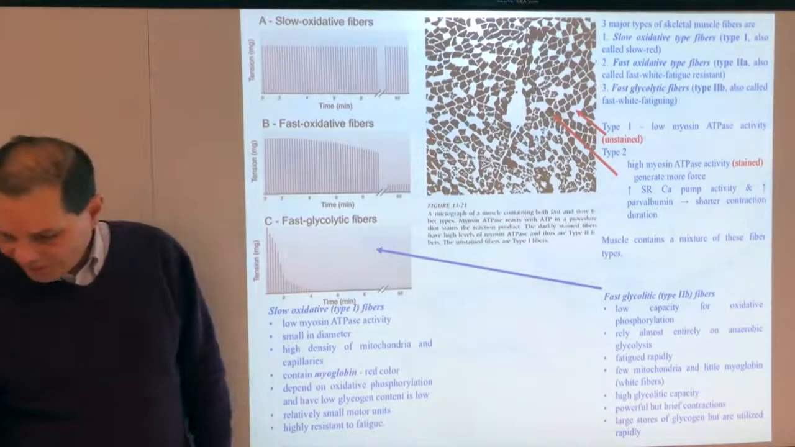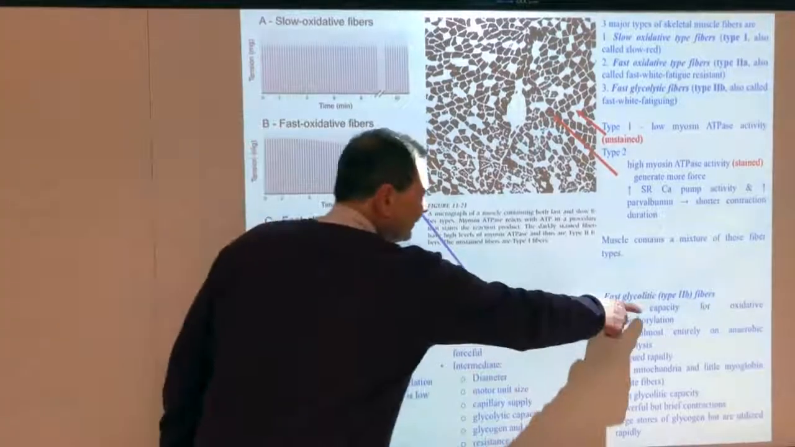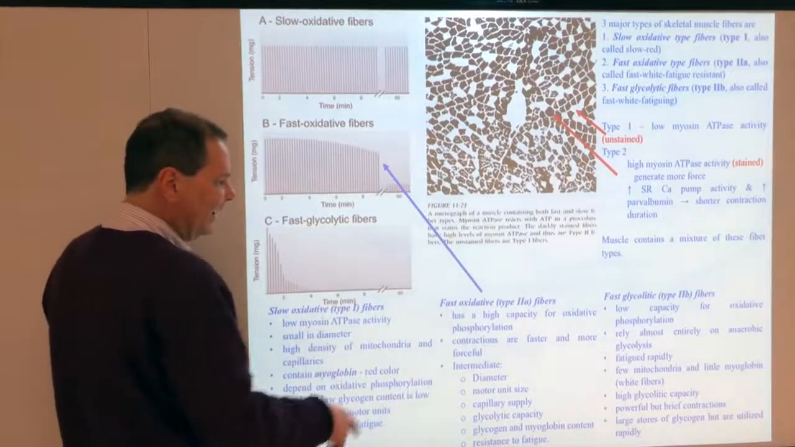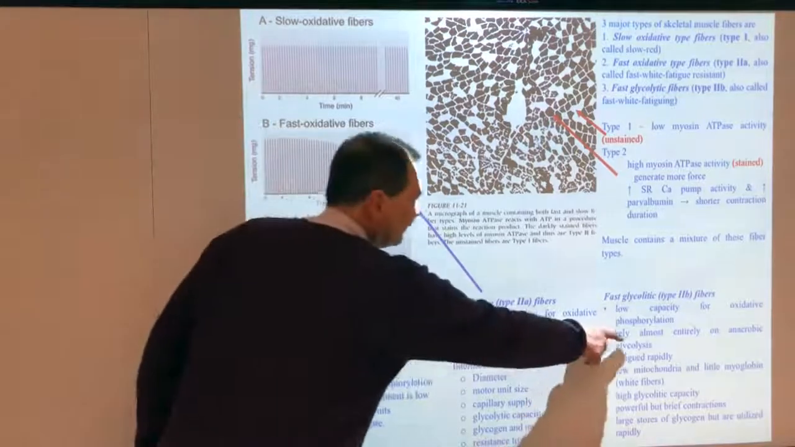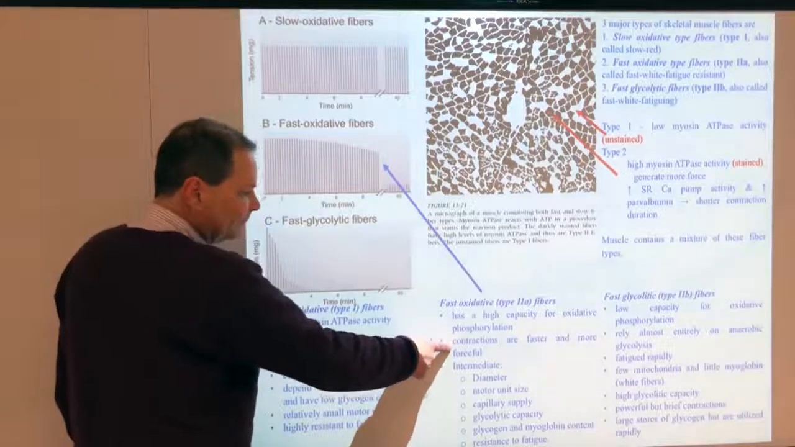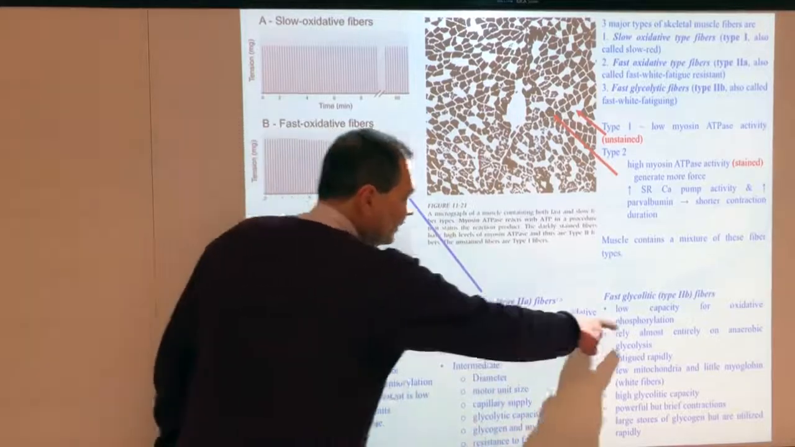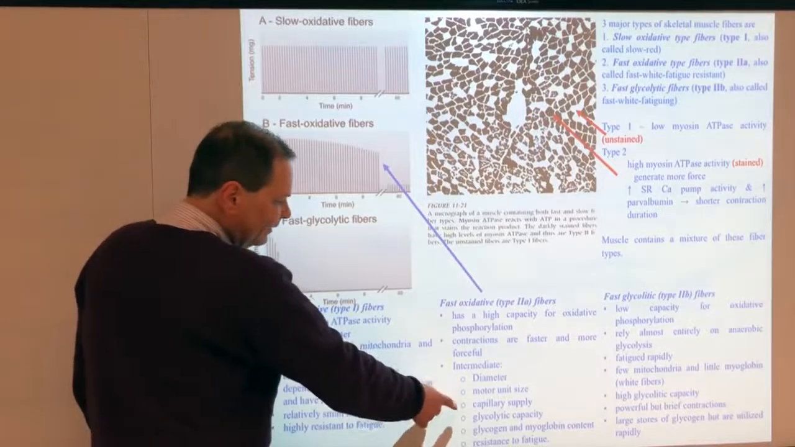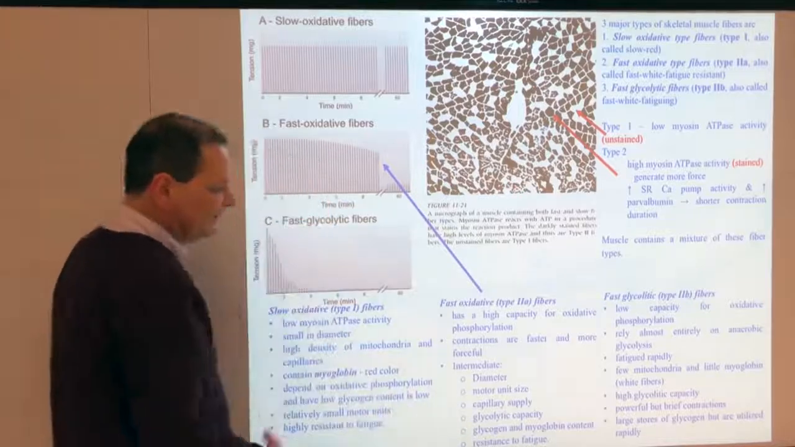Okay? So our last fiber type is sort of in between these two. They're the type 2A. They're fast oxidative fibers. Okay? So they have a high capacity for oxidative phosphorylation. Okay? Not as dependent upon glycolysis as the type 2B. They are nevertheless, they have very big forceful contractions that are much more like the type 2B than the type 1. They have an intermediate diameter, an intermediate motor unit size, intermediate capillary supply, intermediate glycolytic capacity,